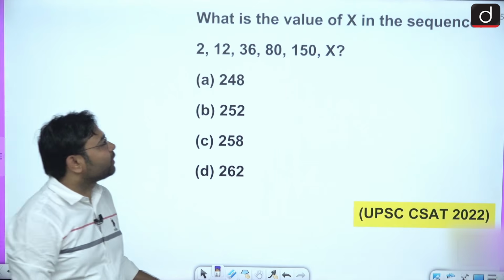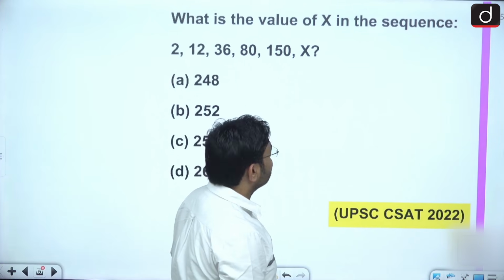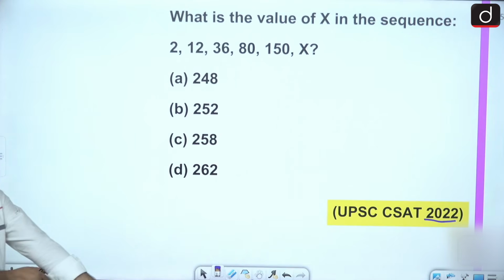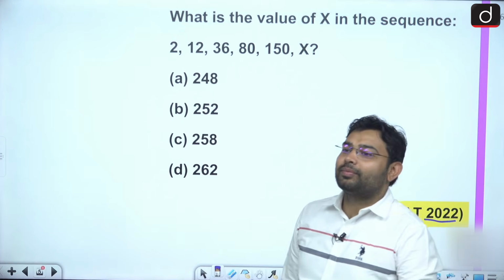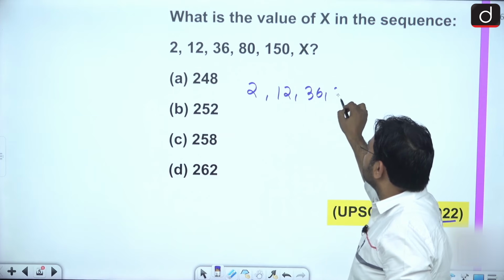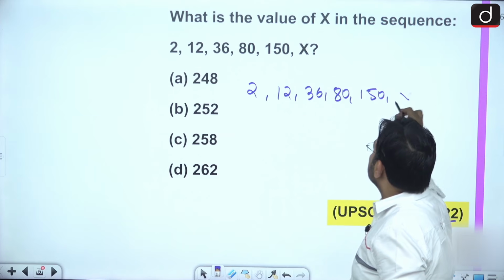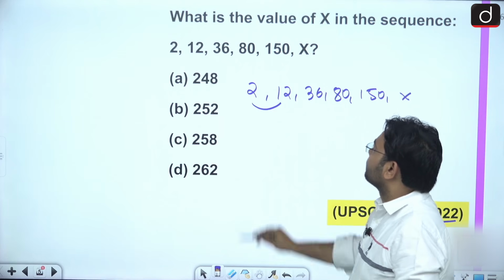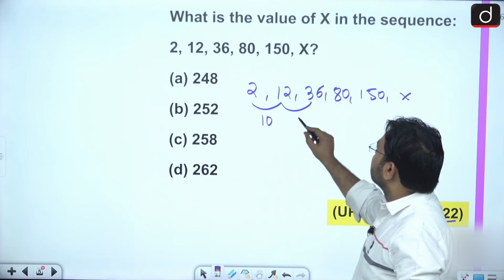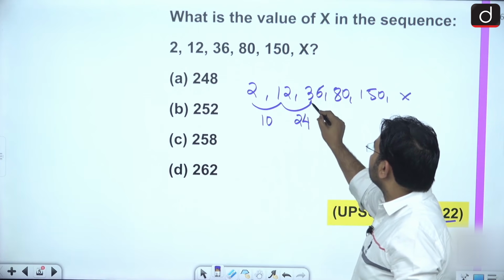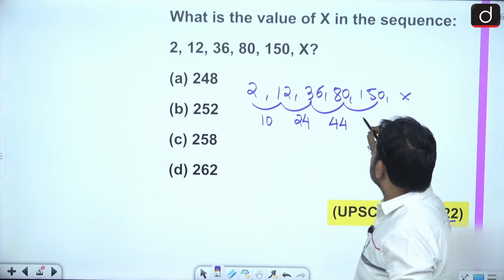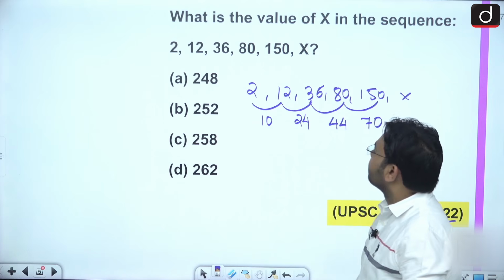Now this one, this is from 2022. This is 2, 12, 36, 80, 150 and then x. Gap is 10. This is 24. This is 44. This is then